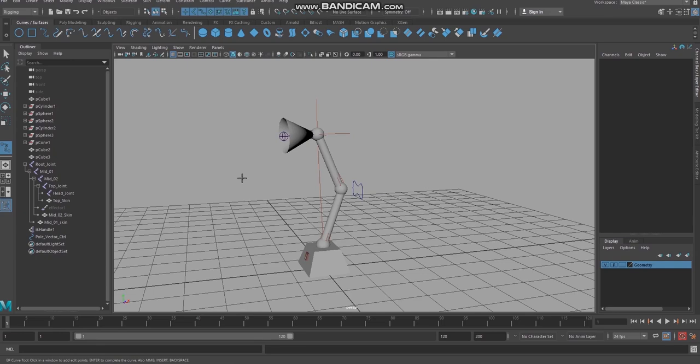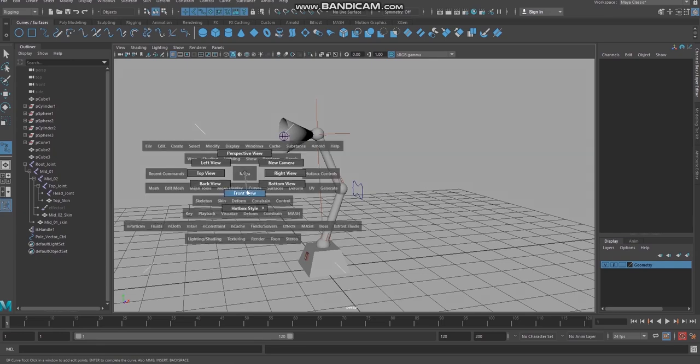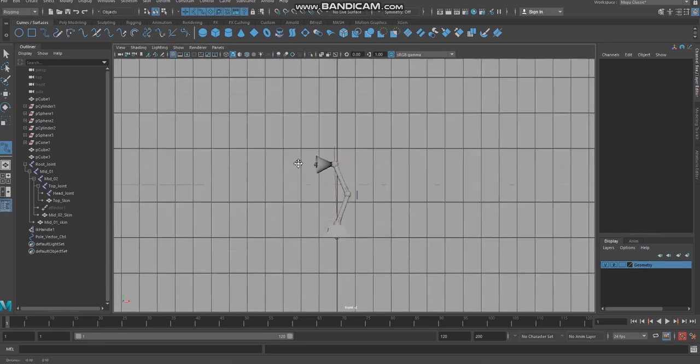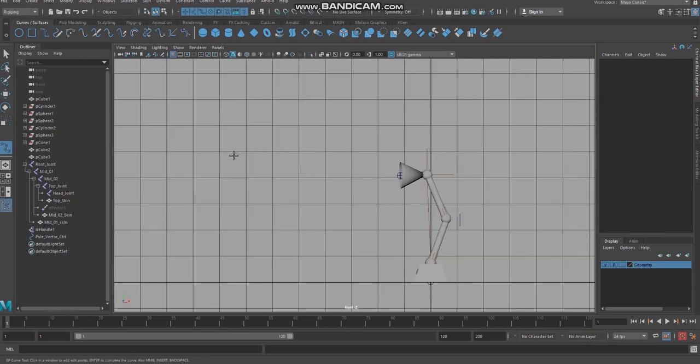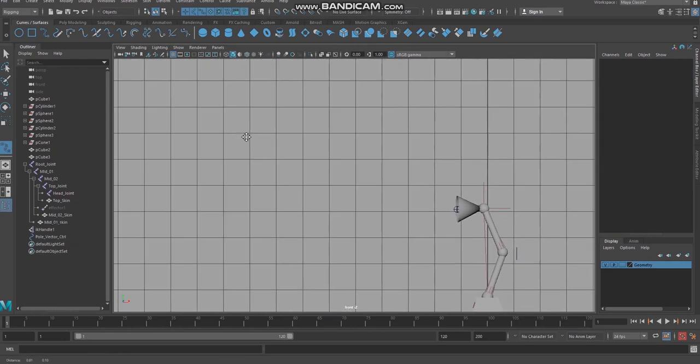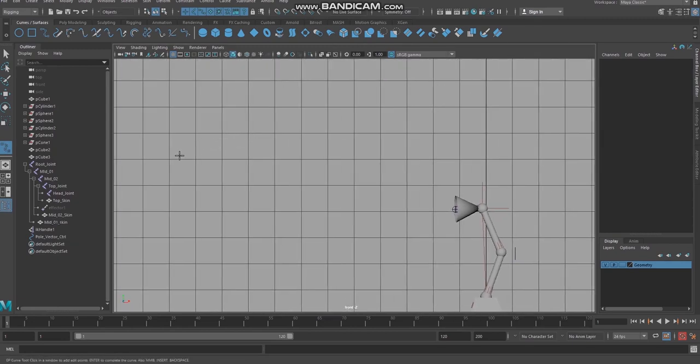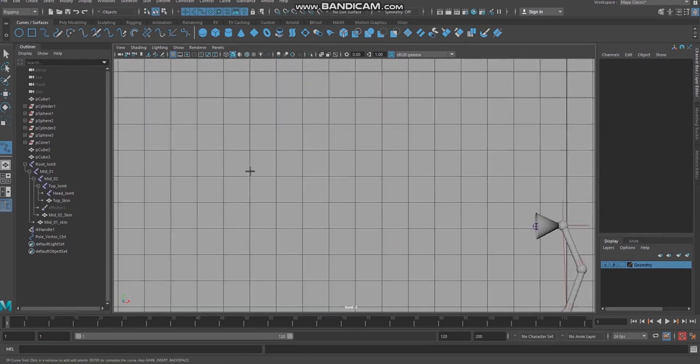Not going to create it using the circle. I'm going to take the EP curve tool. Again I'm coming to some graphic view. I should take some kind of design, like